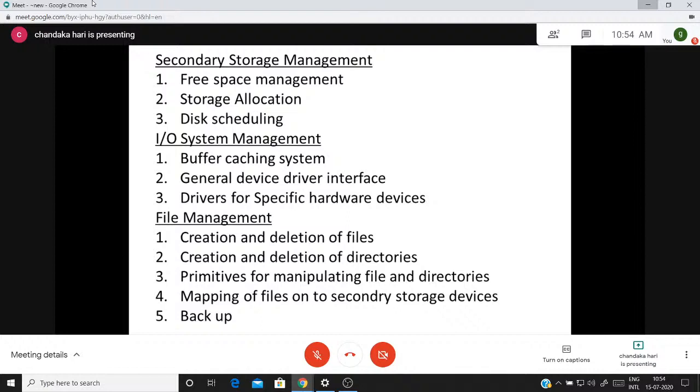Whenever you want to store any particular data on a hard disk or a secondary storage device, first of all, you must know which part of the hard disk is full and which parts of the hard disk are empty. That implies your operating system is responsible for keeping track of which parts of the hard disk are full and which parts are empty. And coming to the second very important one,